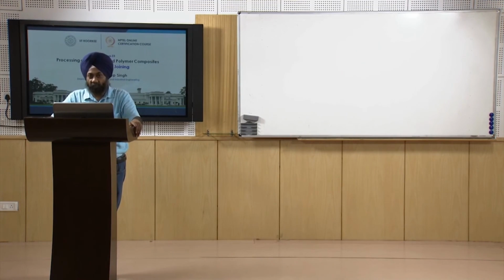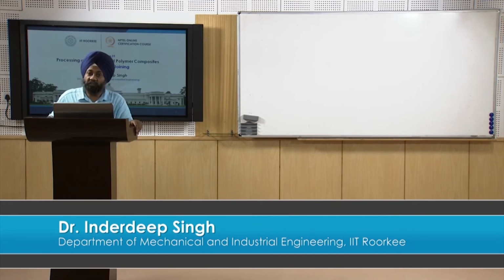So with this we come to the end of our session on mechanical joining. In today's session we have tried to understand what mechanical joining is, and how mechanical joining is done using nut and bolt type of fasteners. Then we have tried to understand the problem areas associated with mechanical joining, and the advantages of the mechanically fastened joints. We have also very briefly tried to understand how the failure of a mechanically fastened joint may happen.